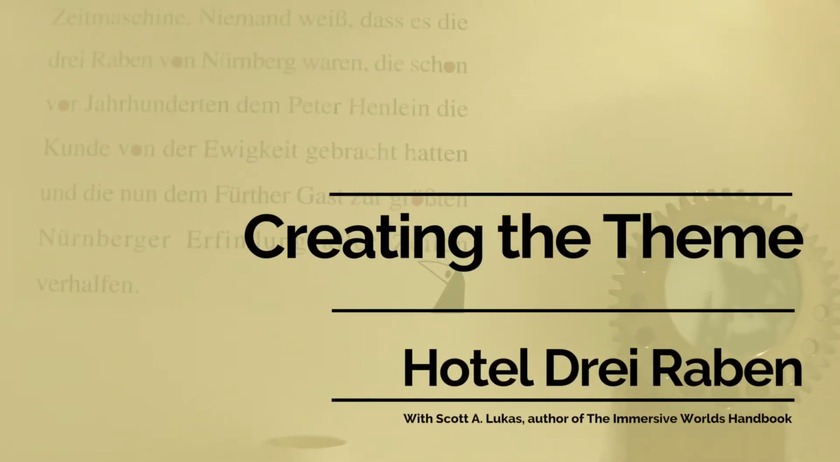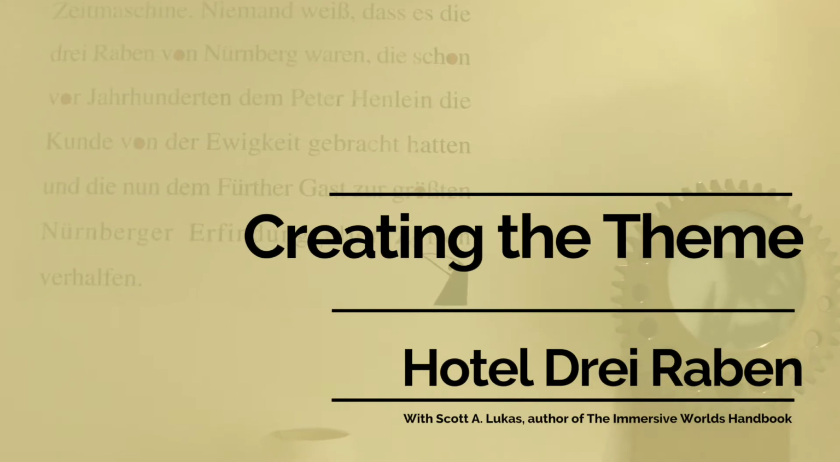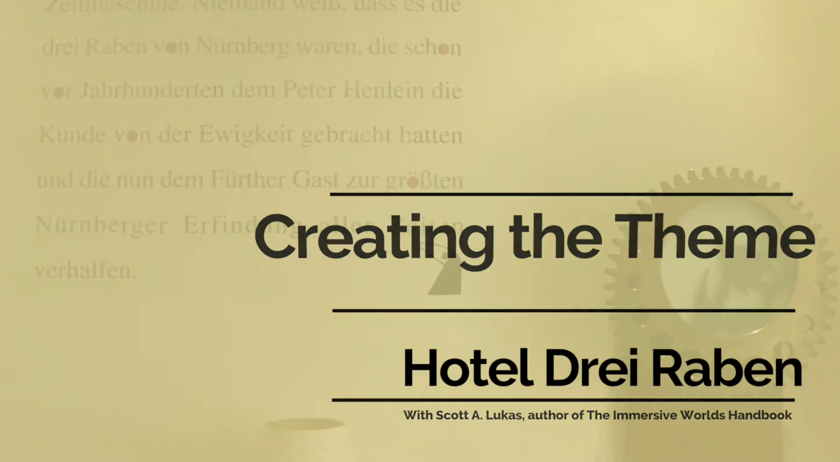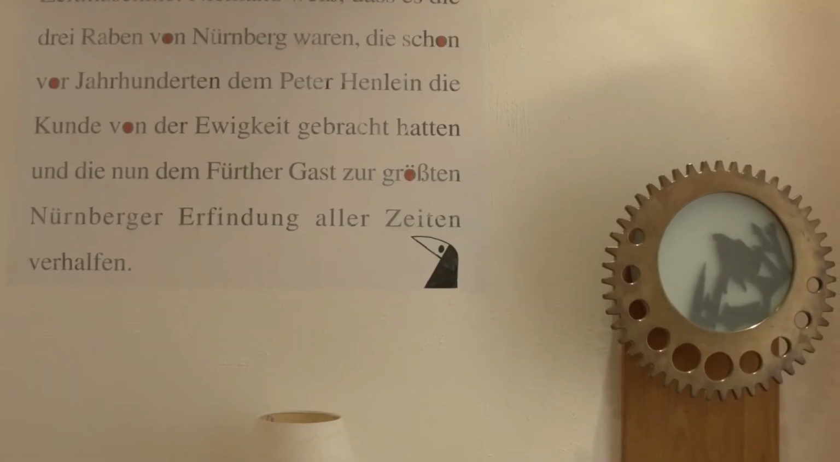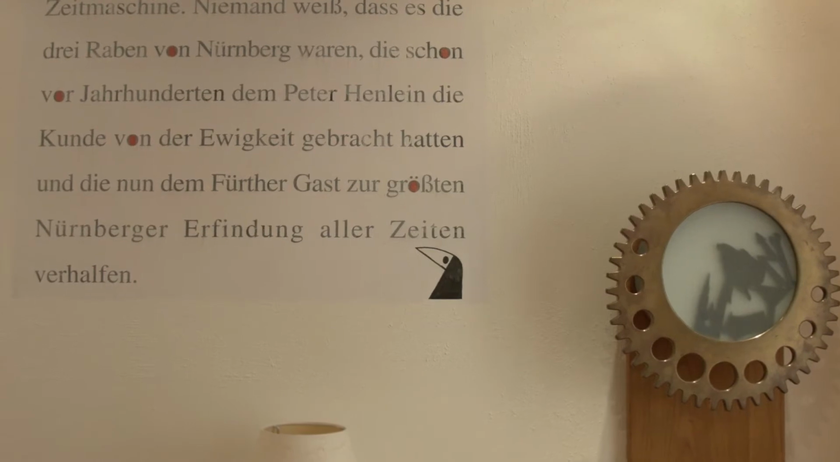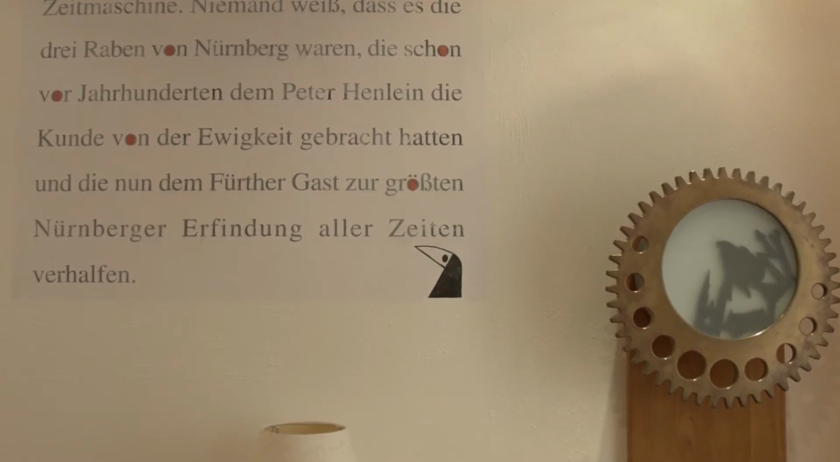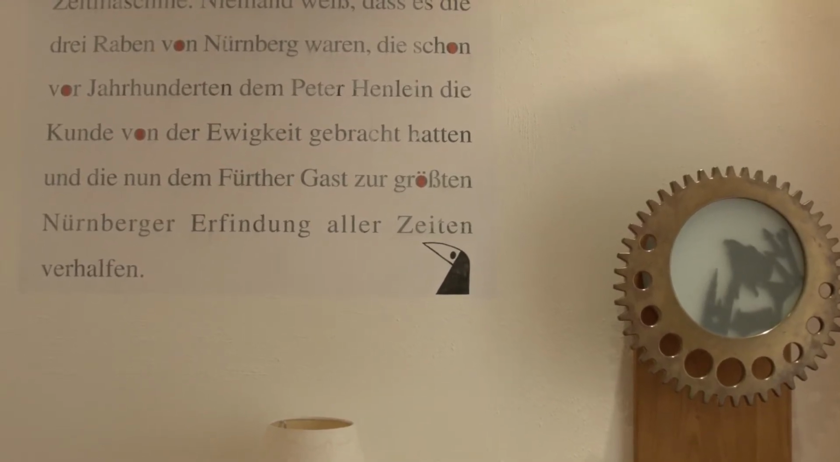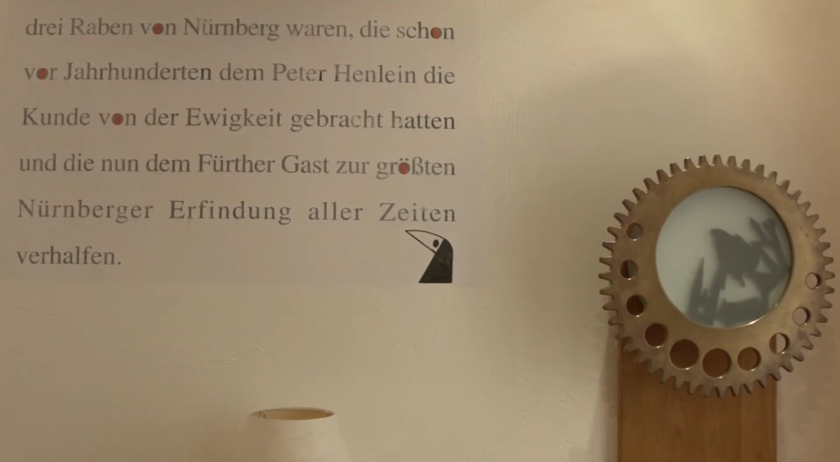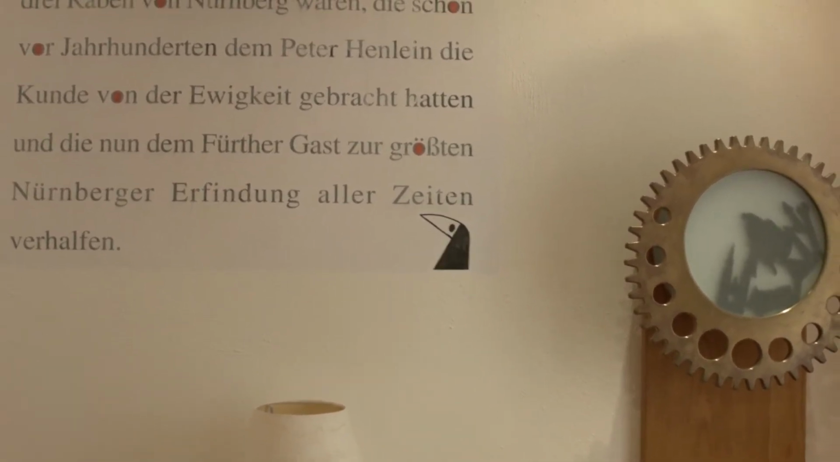Today I am in Nuremberg, Germany, and part of a tour I'm doing of some historic sites in the city. You can certainly check out those other videos. But today I want to focus on this interesting hotel I'm staying at called Hotel Drei Rabben, Hotel of the Three Ravens. And I'm in one of the theme rooms, and I'll take you through discussion of some of the